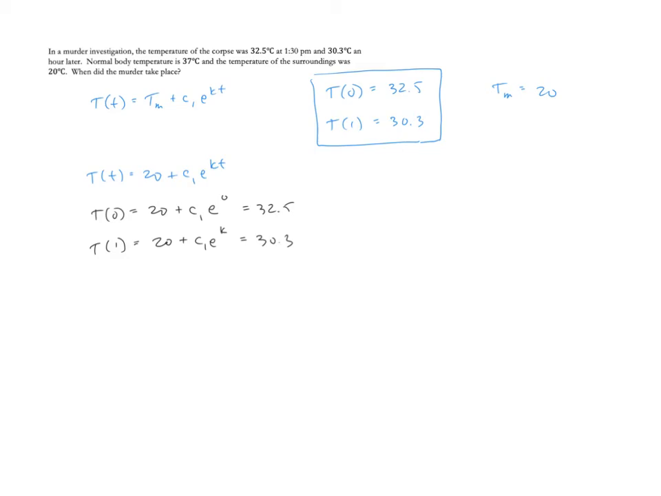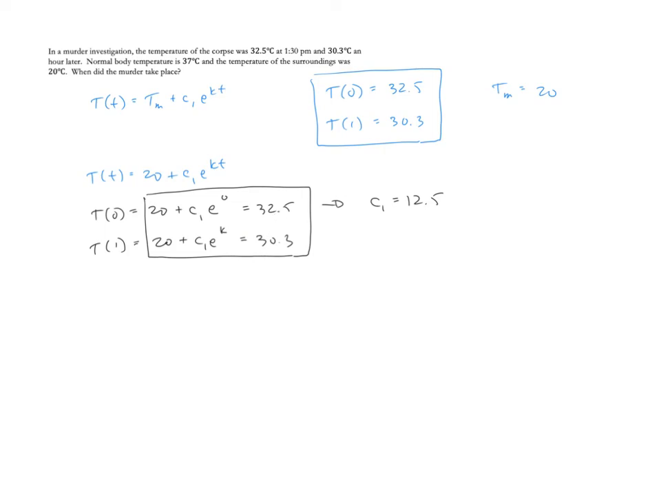So now, here sits our system of equations. This is going to allow me to solve for my C sub 1 and my k. All right, so I've got 2 unknowns, I've got a system, this is good. So out of this first one here, my C sub 1 is going to equal 12.5, right? E raised to the 0 is 1, so essentially all I'm doing is subtracting the 20 to get